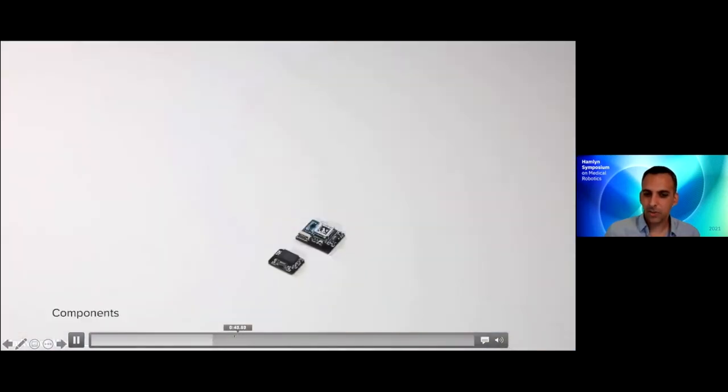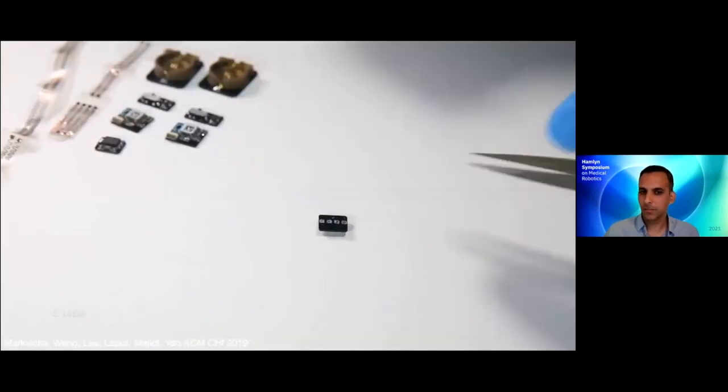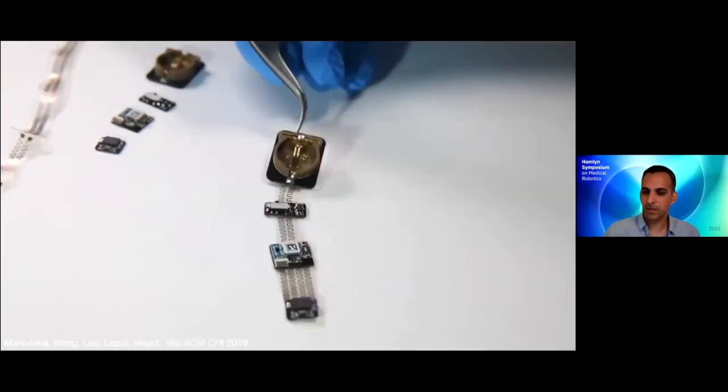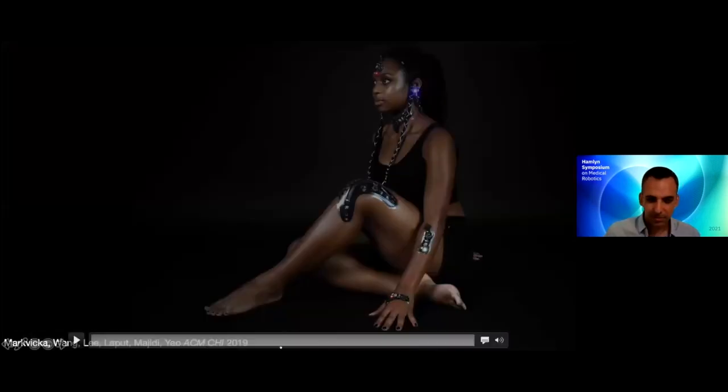Really the message here is that with this architecture, you can incorporate virtually any type of photonic, CMOS-based or MEMS-based sensing modality into a wireless sticker. Then you can just place it on the body. Sorry, I didn't mean to skip that video, but